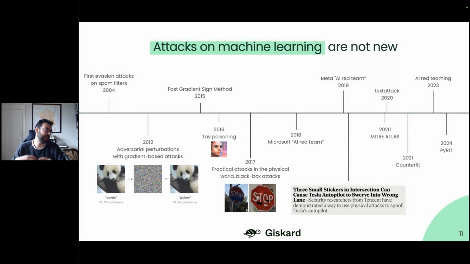First, you have to keep in mind that attacks on machine learning models are not new. Early research started in the early 2000s, 2010s, where we saw the emergence of the first adversarial perturbations, so adversarial attacks, in order to make classification algorithms fail. Basically, we're trying to introduce small perturbations in the model inputs to make those models fail. But that field of research was very hypothetical until the recent acceleration in machine learning usage in our daily lives,